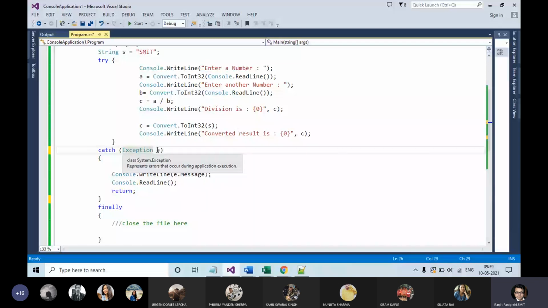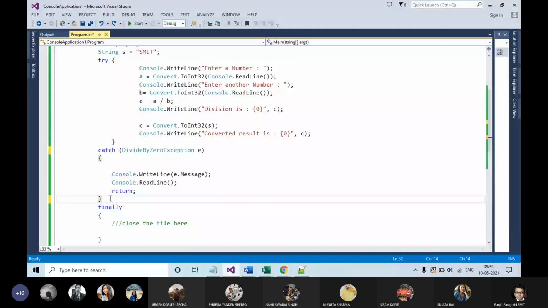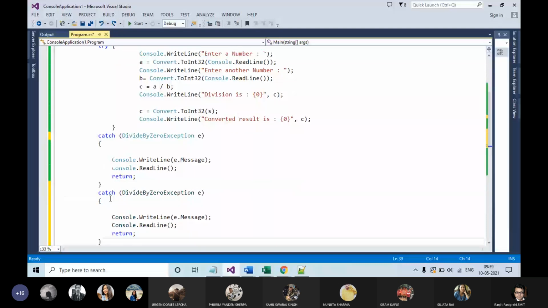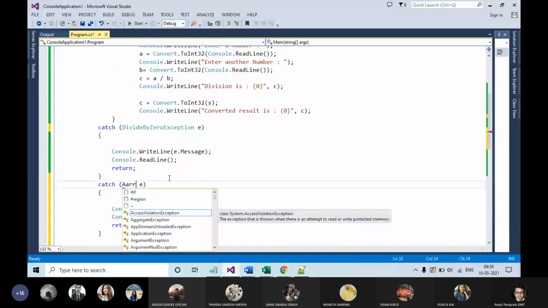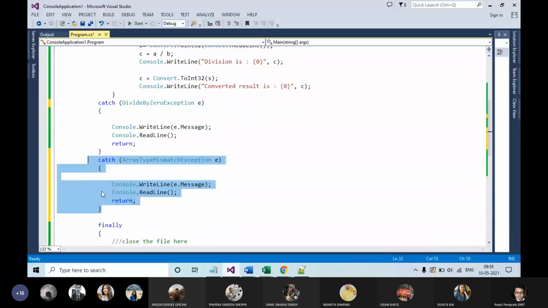Now if your target is to create a specific exception block to display a specific message, then you can cascade your exceptions, something like this.